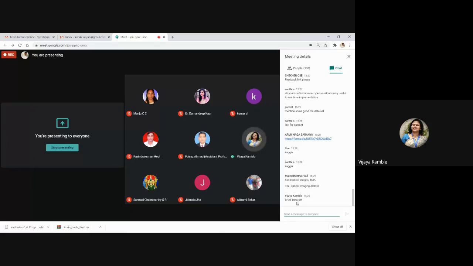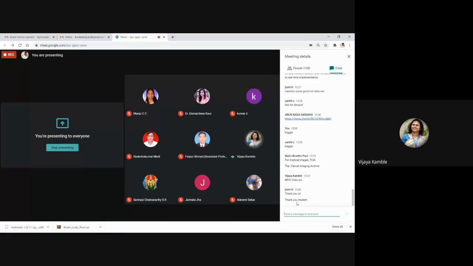It is related only to brain tumor. Yes, every year they take the challenge. The challenge will be posted on the site, and they give time for working on it. IIT people, IIT Bombay, IIT Madras, they are working on it. They take the challenges, I think.